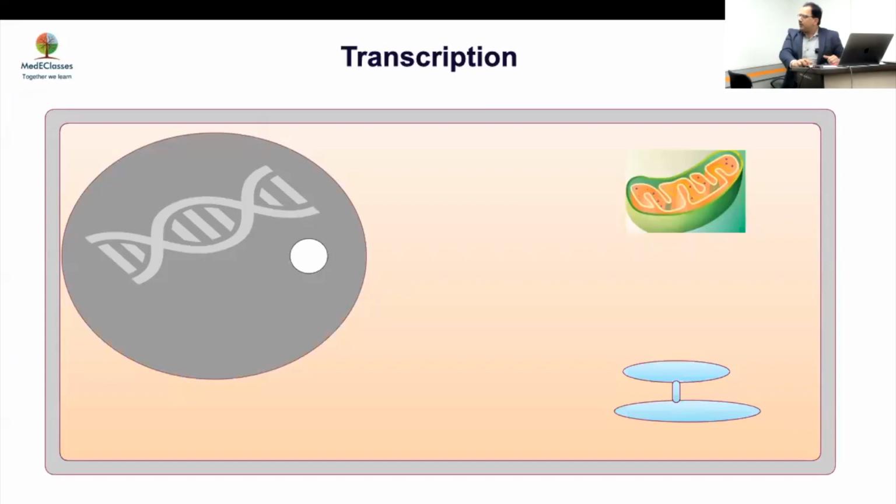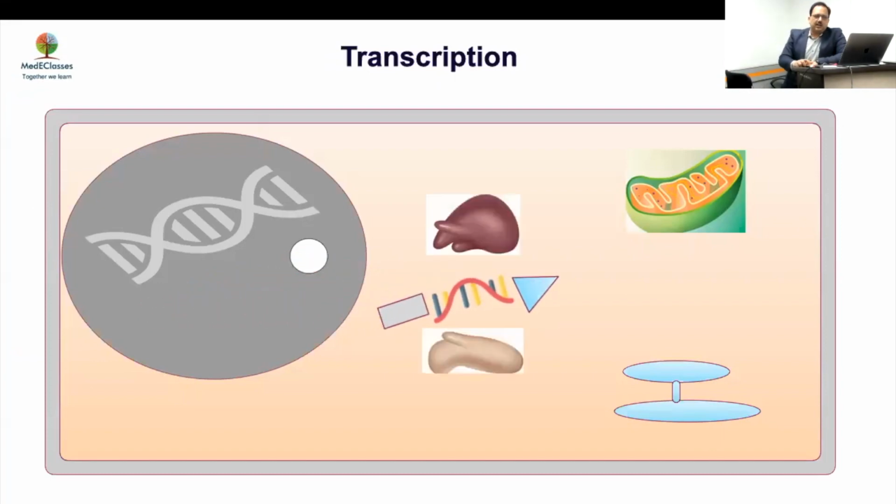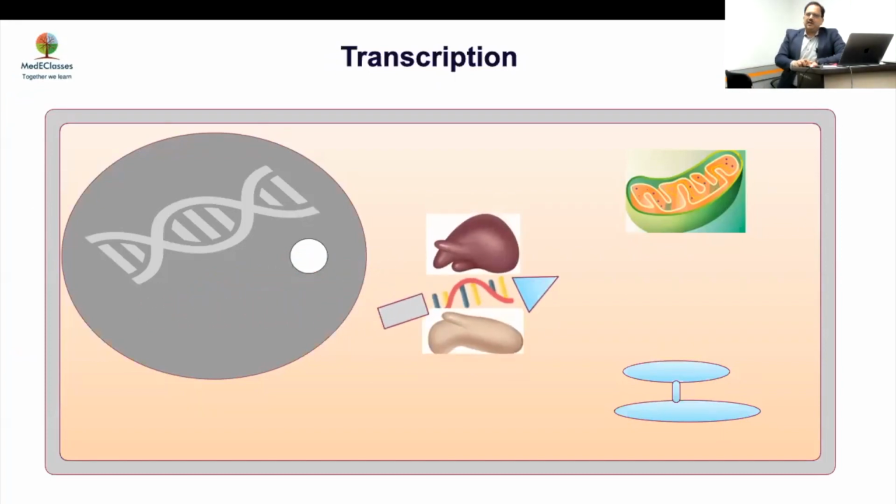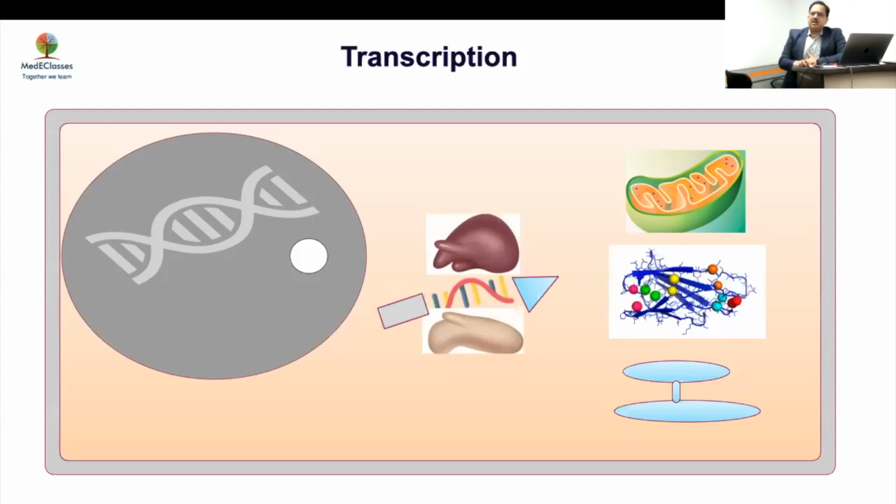Now, once you transcribe, which basically means this DNA is converted into RNA, and RNA is bound via the capping and the poly A tail, which then goes through the nucleus, and it goes to the ribosome to start producing the further process of translation. So we all know about this transcription and translation, and then you have the protein which is formed.